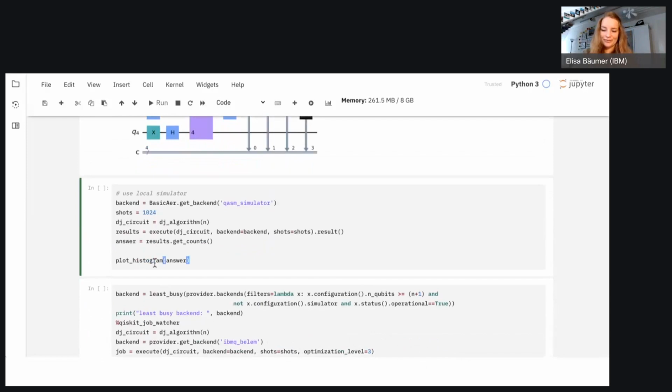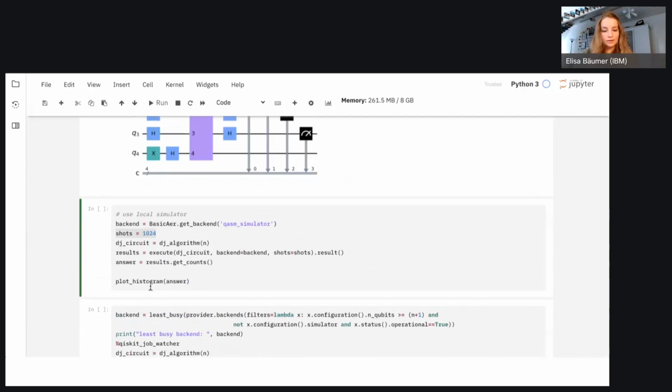Good, but of course, we also want to simulate it and then later run it on the actual device. So let's first choose a backend. The backend is the device that we want to run it on, or in this case, we actually can choose the simulator. Then we specify a number of shots, which in the case of the Deutsch-Jozsa algorithm doesn't make a difference, because now we're not considering any noise if we run it on the simulator. But later on, when we run it on the actual device, it will be important. And in this case, ideally, we only get one output.